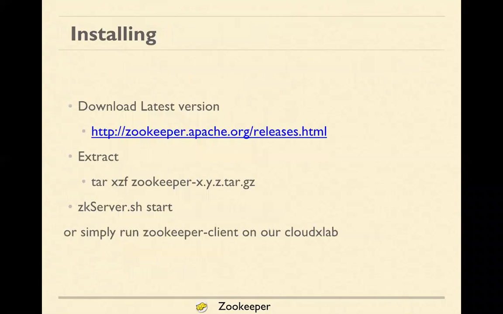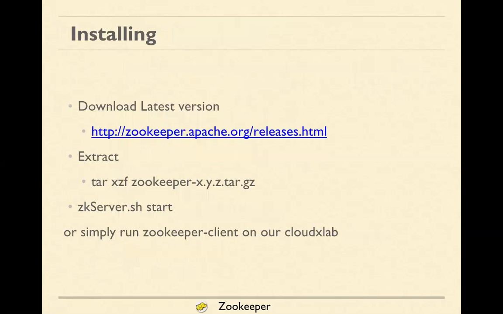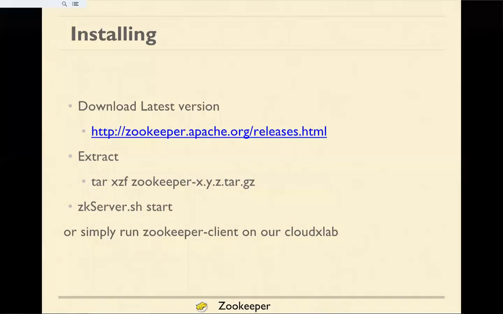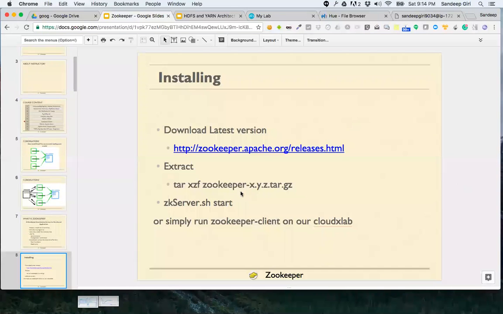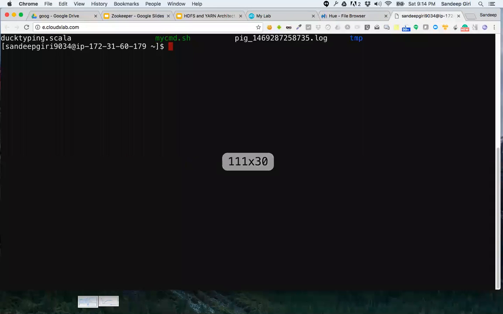You can download it, or it's actually better to use CloudX Lab, because here we can see it happening on multiple nodes. In our case, we can start Zookeeper from the command line. So before too much theory, let's all of us log in and start our Zookeeper.